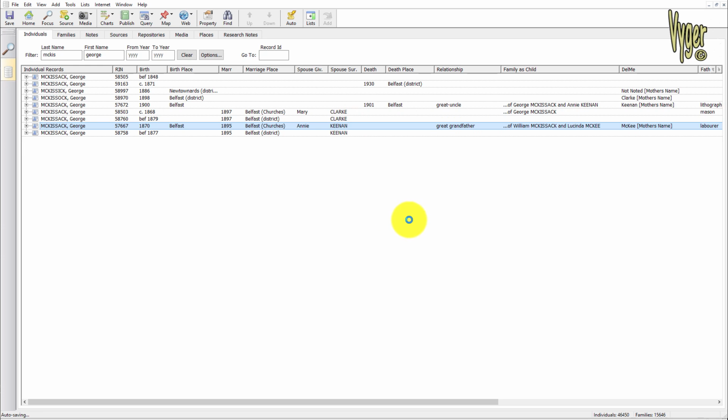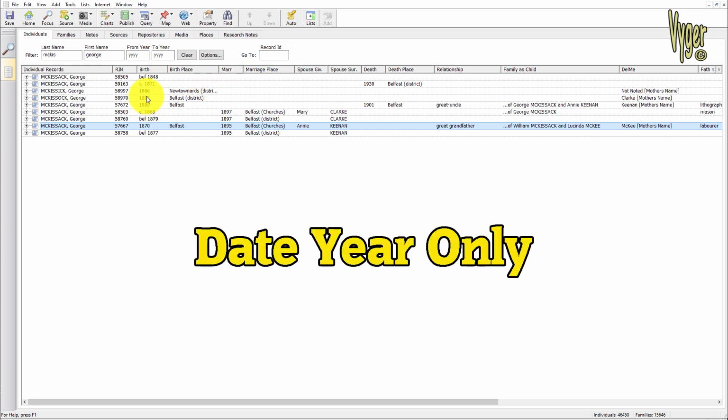and one of the main reasons that I jumped ship from RootsMagic. So first of all, these are full dates, but Family Historian gives me the option to display them in an abbreviated format. And that means I have more space on screen and I don't have long-winded "16th of September, 19, whatever." So I have more space on screen without truncating the information. So I can display those as year only if I wish.